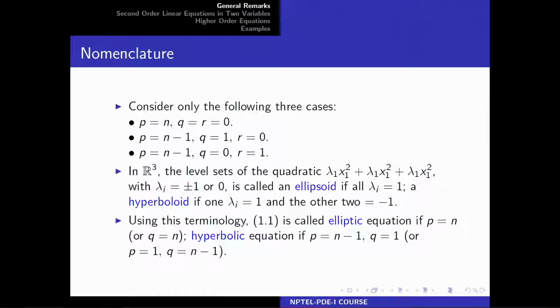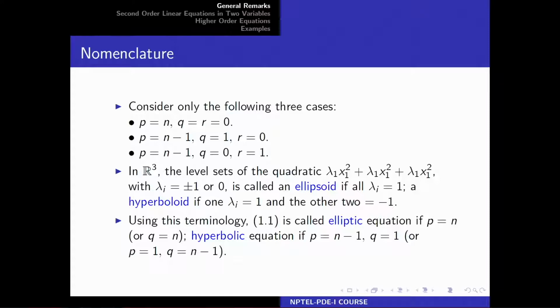So, in the previous class, considering the second order PDE with constant coefficients, we classified them as elliptic or hyperbolic depending on the number of positive eigenvalues of the coefficient matrix A. So, if the coefficient matrix has all positive eigenvalues, or equivalently all negative eigenvalues, that just needs